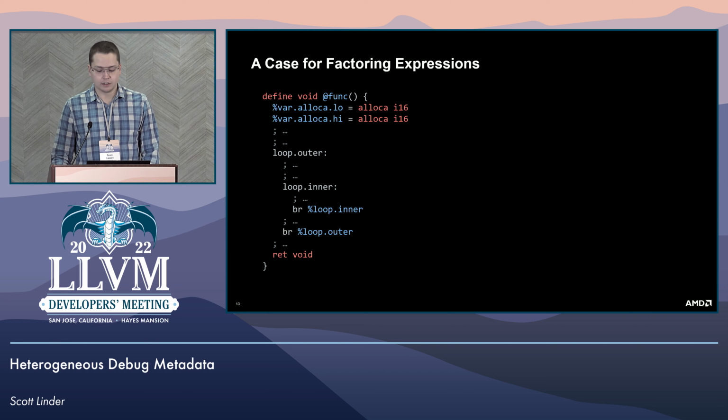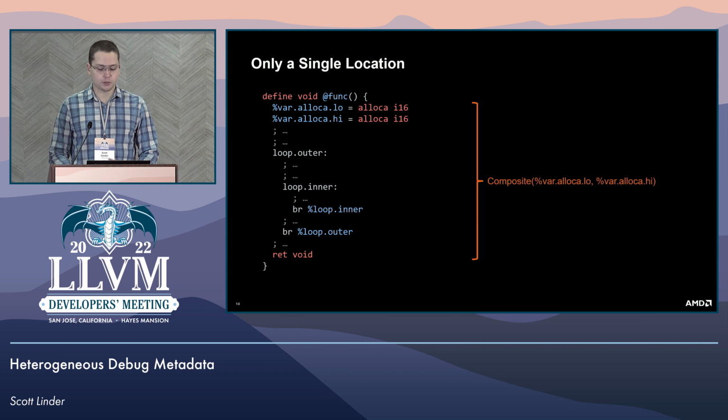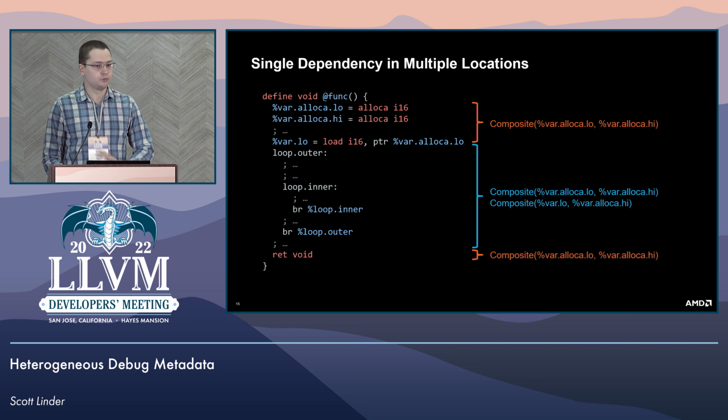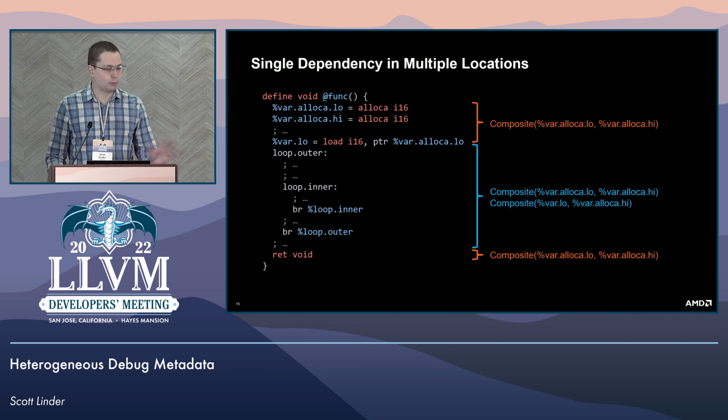So to illustrate that, let's look at another example based on the same one again, but this time let's add 2 nested loops. So at first, with no optimizations, we can say the variable is located at the composite of the 2 allocations. But things start to get a bit more complicated the moment any part of this variable is in more than one place at a time. So like the example for multiple locations from before, if we say that the compiler promotes the lower half to a register for the outer loop, but it still retains the in-memory copy and it doesn't write the register back after the loop terminates,